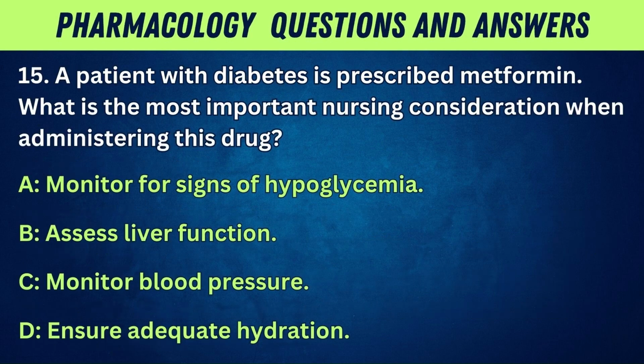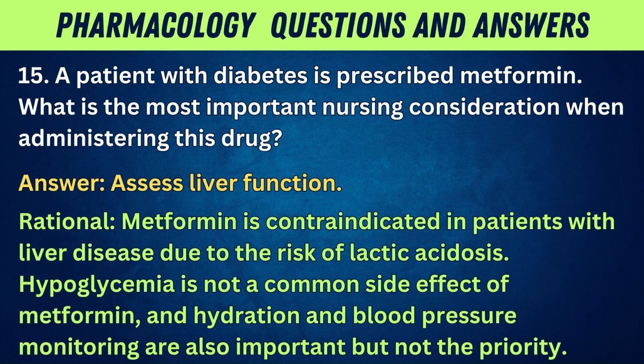15. A patient with diabetes is prescribed metformin. What is the most important nursing consideration when administering this drug? A. Monitor for signs of hypoglycemia. B. Assess liver function. C. Monitor blood pressure. D. Ensure adequate hydration. Answer: assess liver function. Rationale: metformin is contraindicated in patients with liver disease due to the risk of lactic acidosis. Hypoglycemia is not a common side effect of metformin, and hydration and blood pressure monitoring are also important, but not